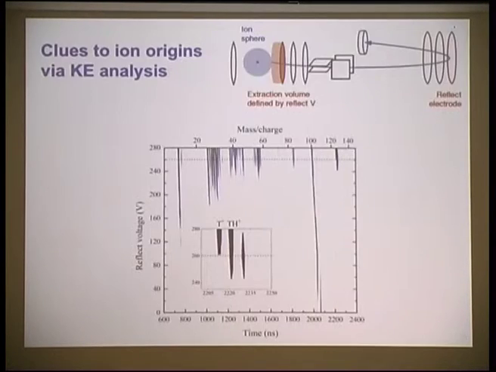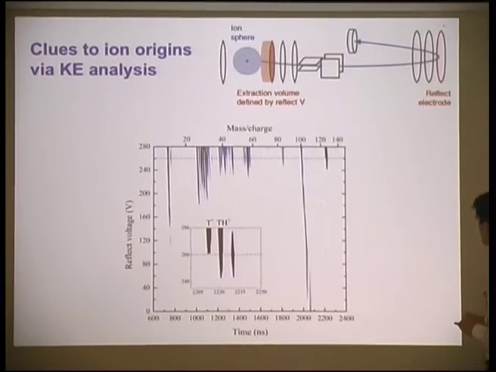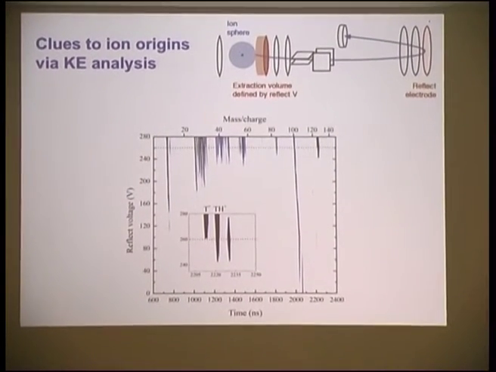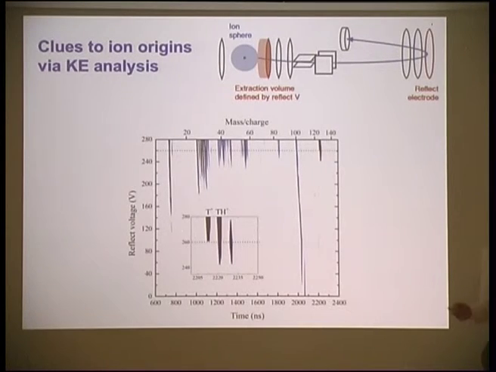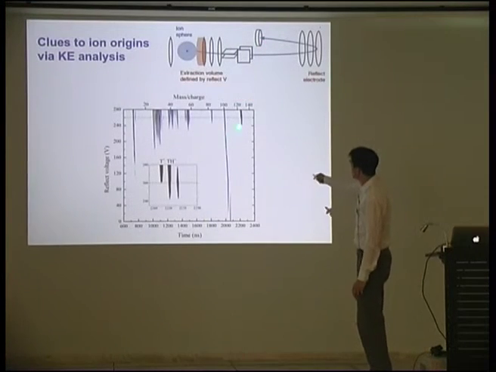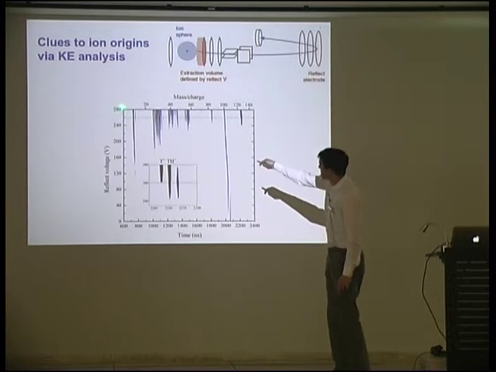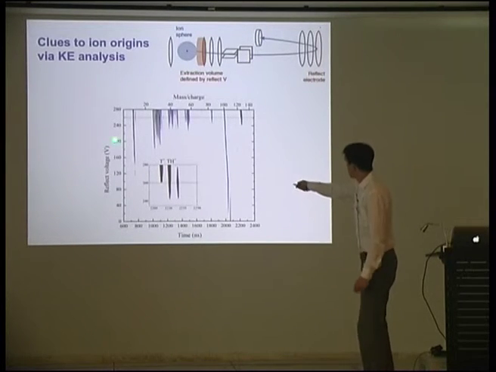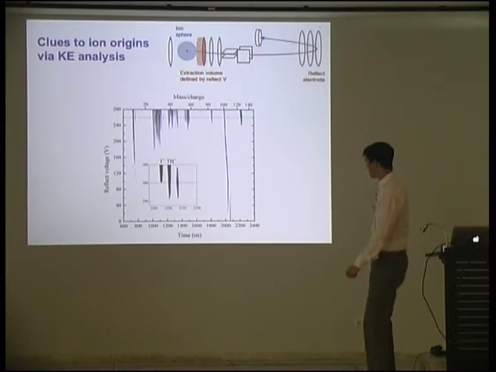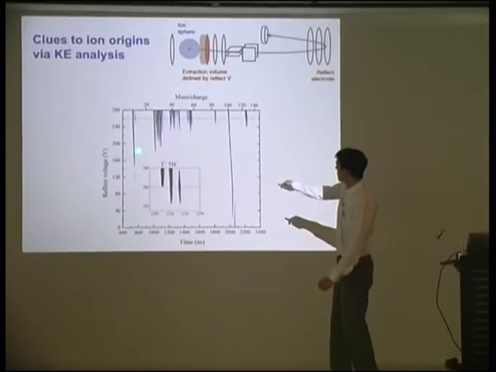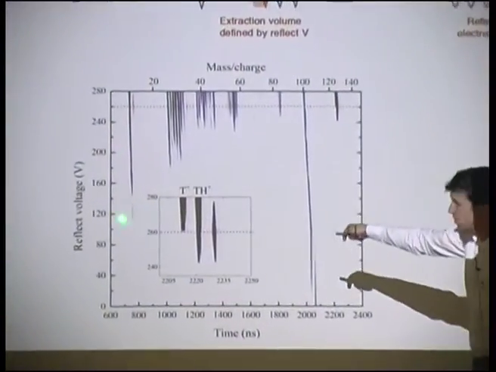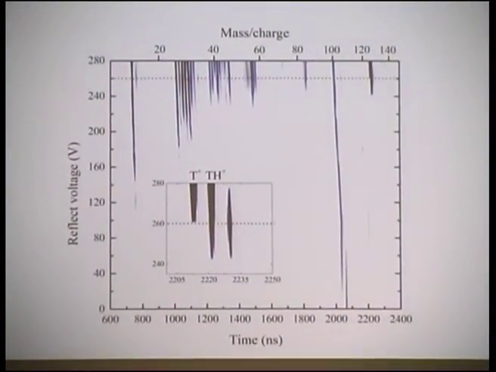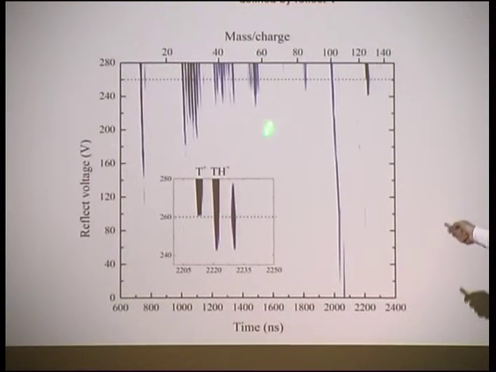There is a method that we're able to use which can give some extra information about where certain ions come from. And so this is a mass spectrum, you've got a mass spectrum along this axis, and then we've plotted it as a function of the reflect voltage, which is directly proportional to velocity, on this axis. And you can see that essentially the further the peak goes, the higher the velocity of the ions. And this can contain an awful lot of information to help us unravel some specific fragmentation processes, and we're at a relatively early stage of analysing them.